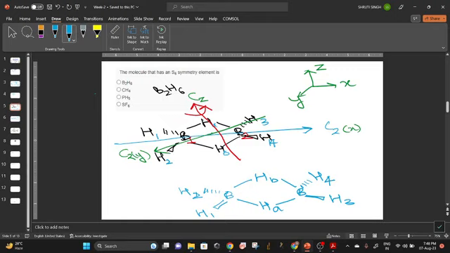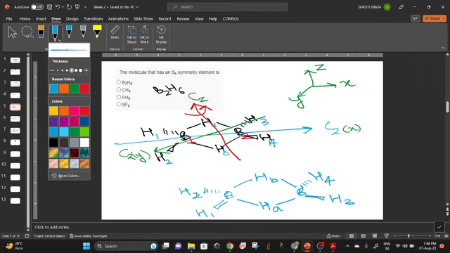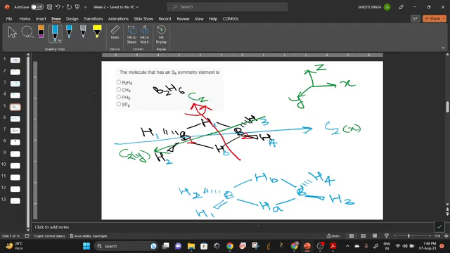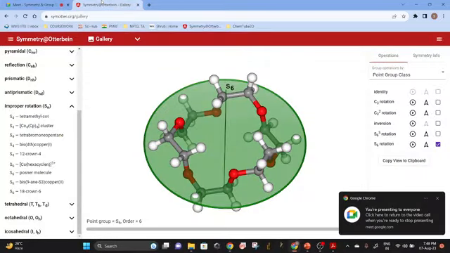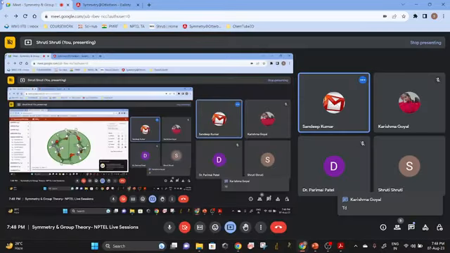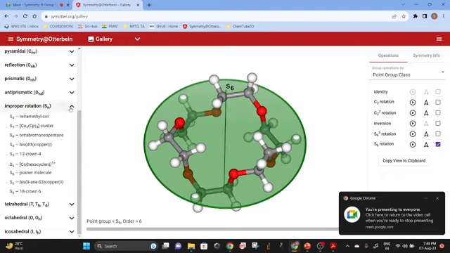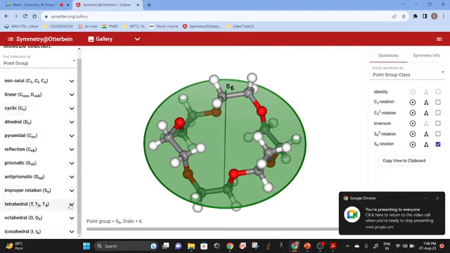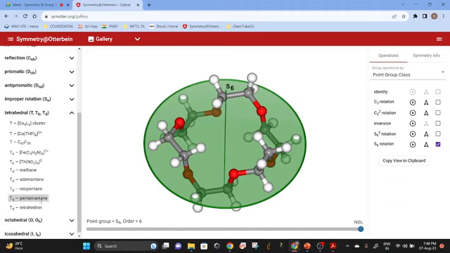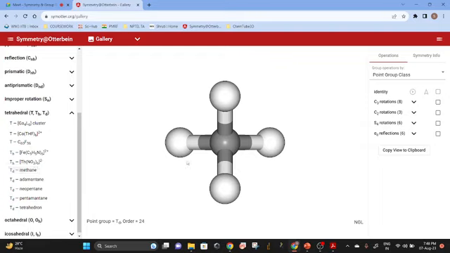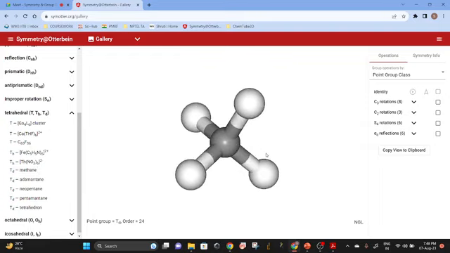Okay. Now the second molecule is methane. What is the point group for methane? Tetrahedral, Td. Yes, the typical example. I won't draw it, it will be too much to draw the whole tetrahedron. Methane, I gave this example in the first week also.